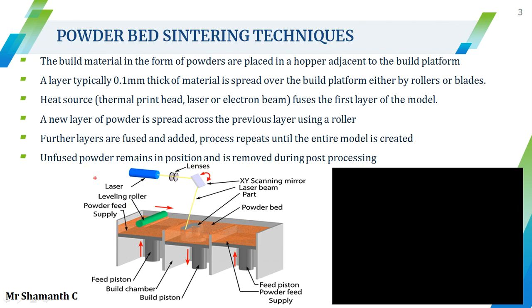You can see here the construction of the powder bed sintering technique. You have three bins, two bins for the material powder, one for spreading the powder, one for collecting the unused powder, and then you have a build platform here at the center, and this build platform has a downward motion which moves one layer down after every layer. After it has been fused, it just moves 0.1 mm downwards, and then the layer is added once again. So this is how the powder bed sintering technique works, and since it is a powder bed fusion process, the material gets heated up and then it gets fused together.